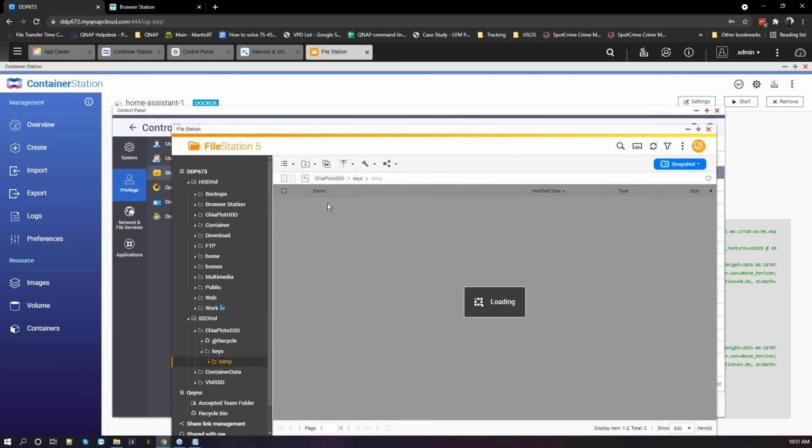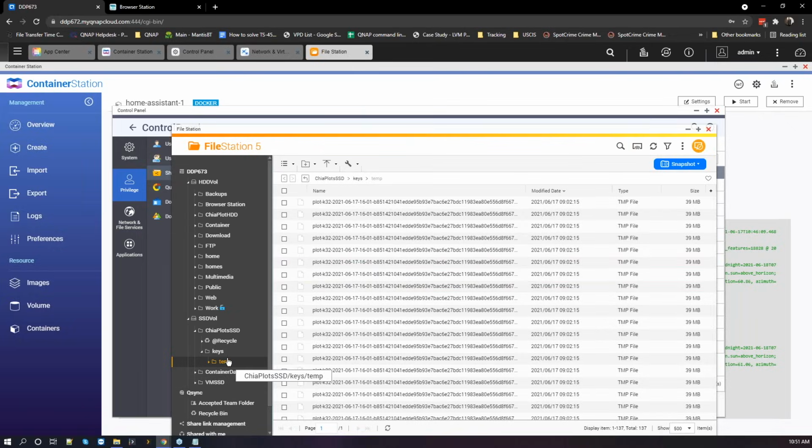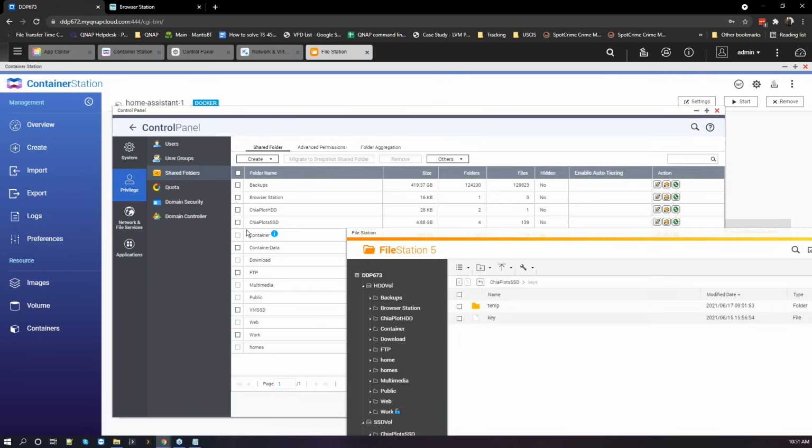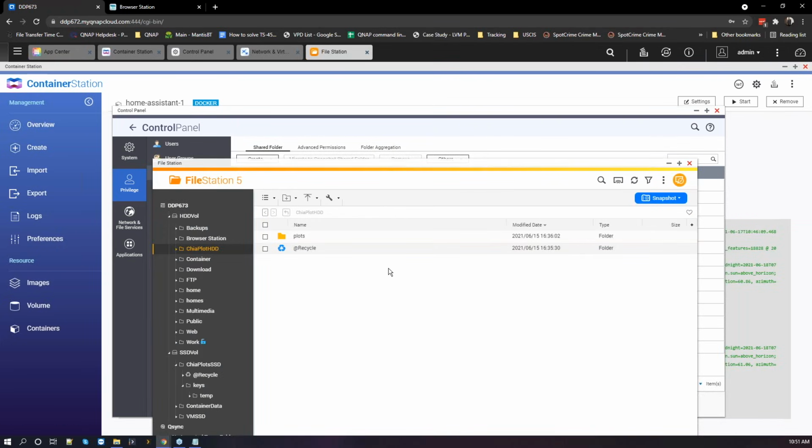The temp folder is where the container will create all my plots. And once the plot is created, I've created another shared folder right here, which is my Chia plot HDD, where it will store the plot information within the plots. Okay, so once you have done all of that,